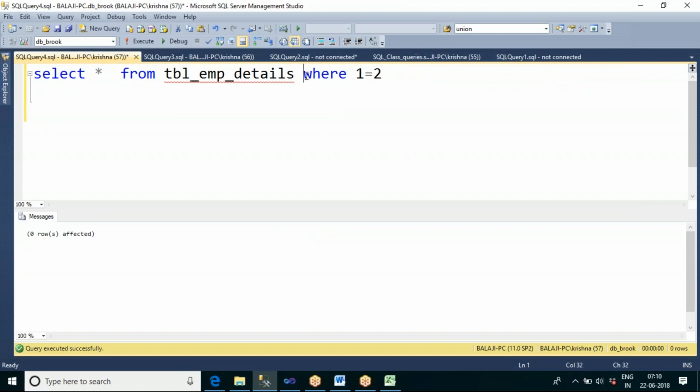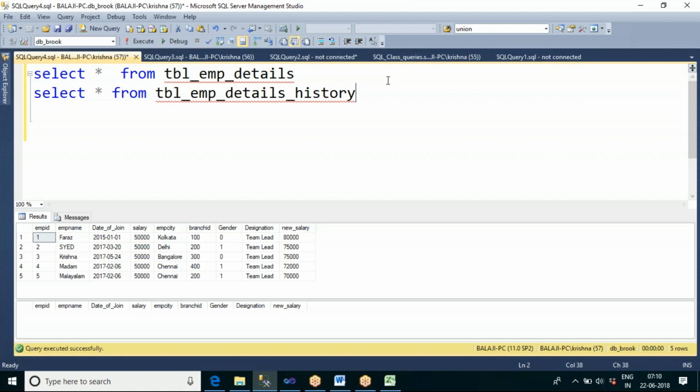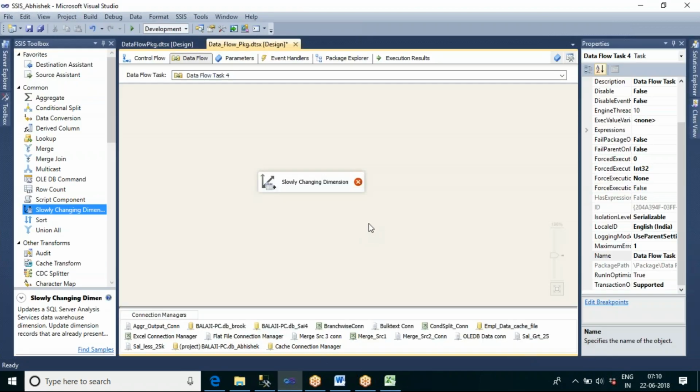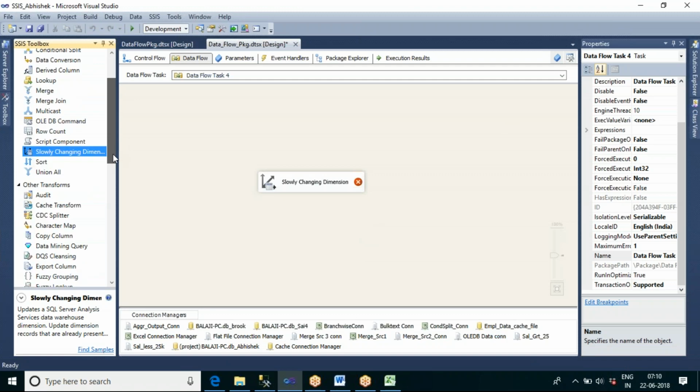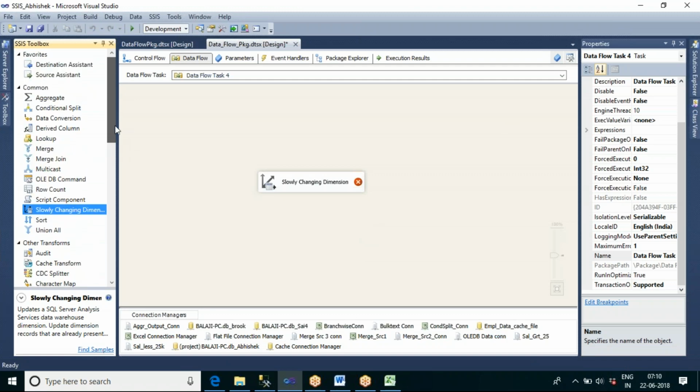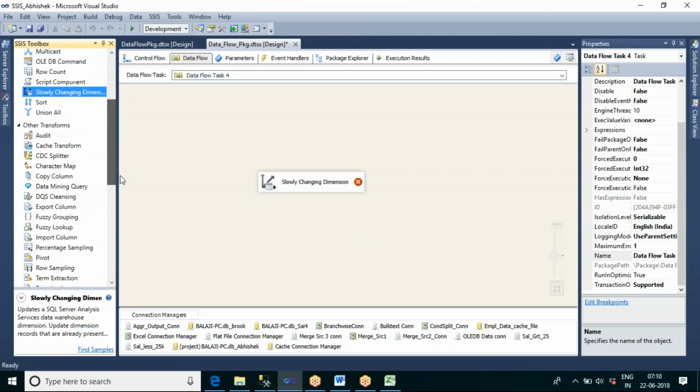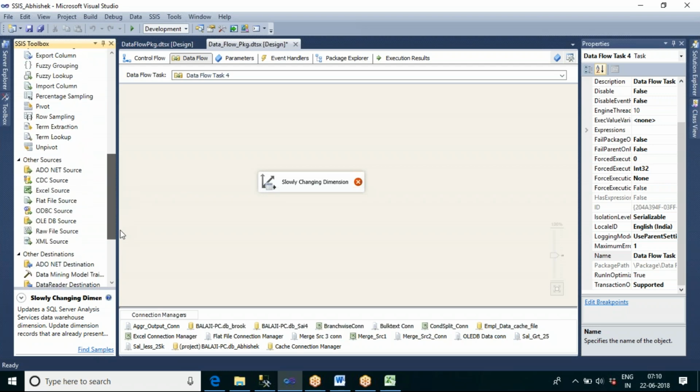Now you can see we have two tables here. This is my original table, and I want to maintain the history of this table. Now let me pass the source table.